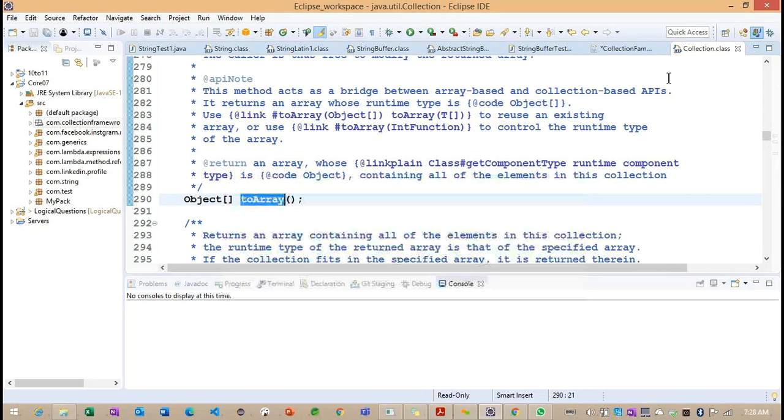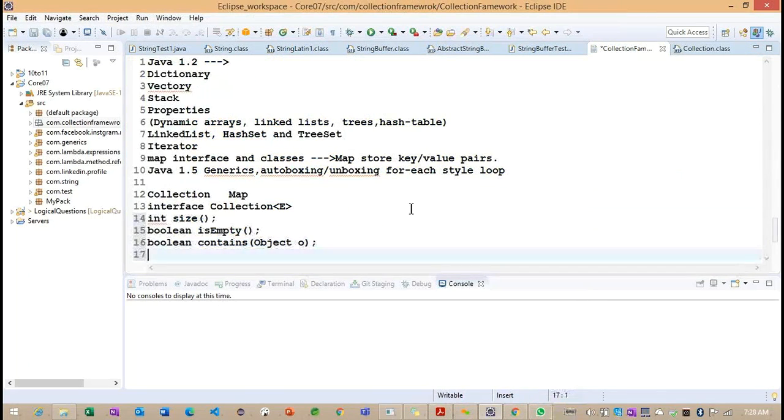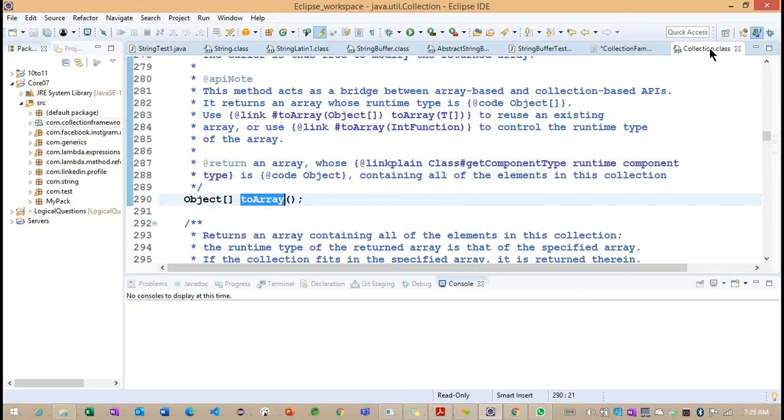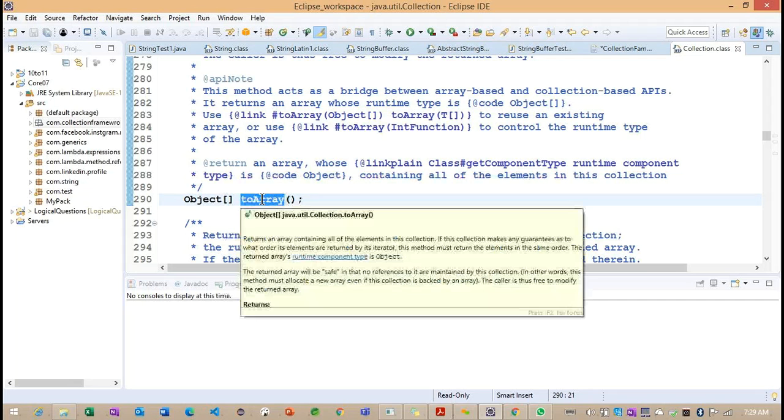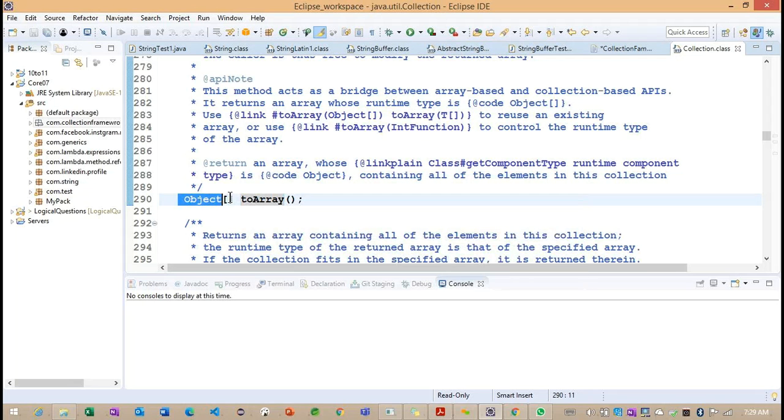Now observe another method here: toArray. In the previous section, we already identified toCharArray, which returns the string object as a char array. The same way, whenever we call this particular toArray, you can see it returns an object array.